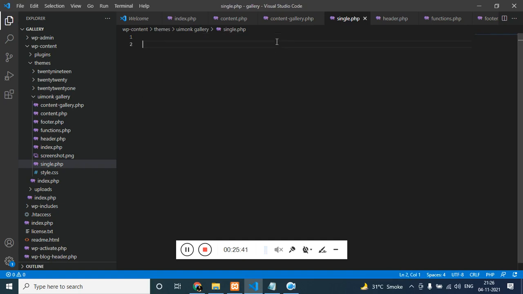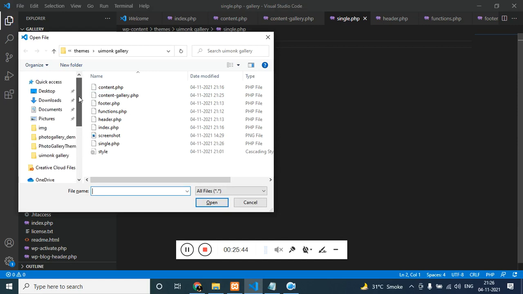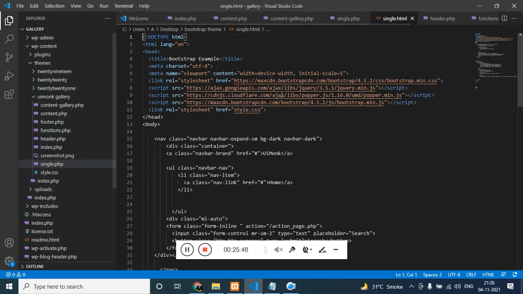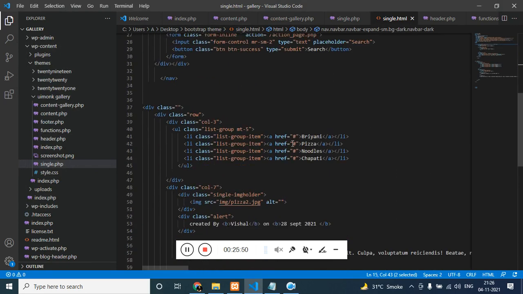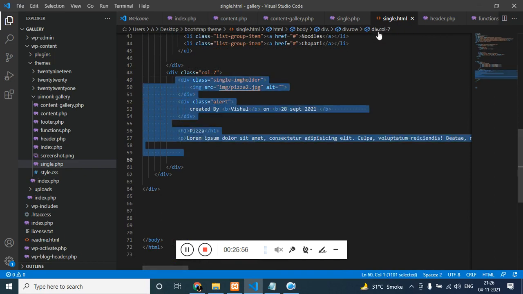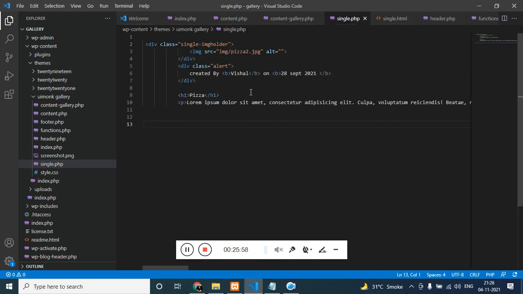Now let's paste the content of single.html into this. Almost just this part we need, and paste it on the single.